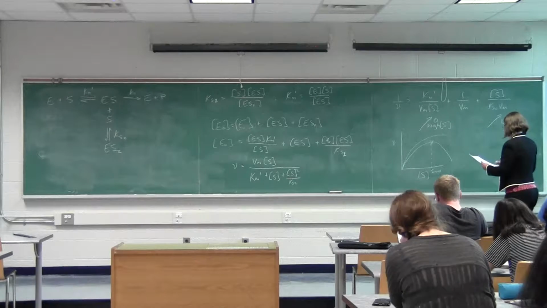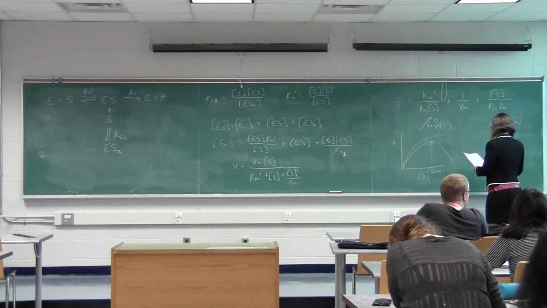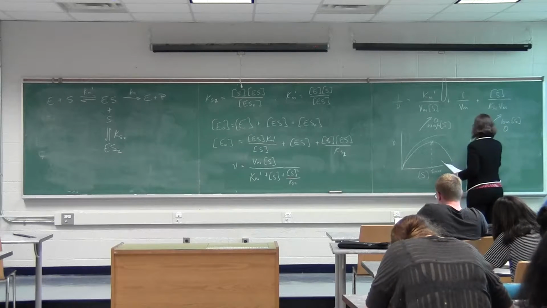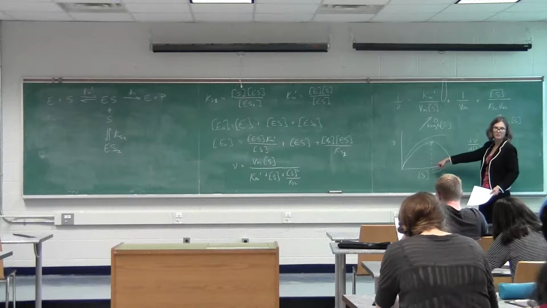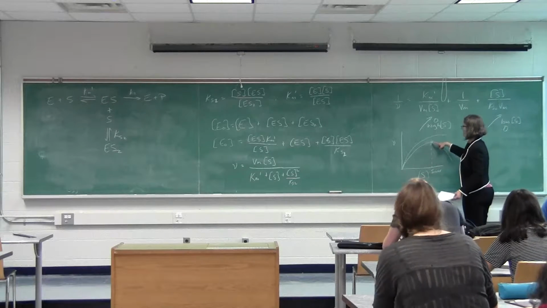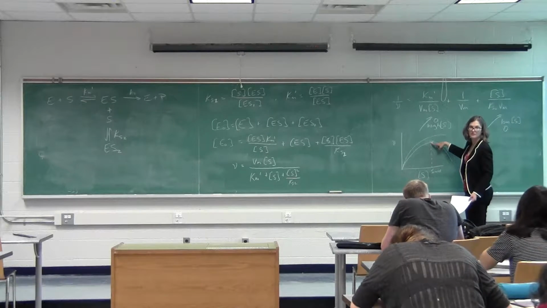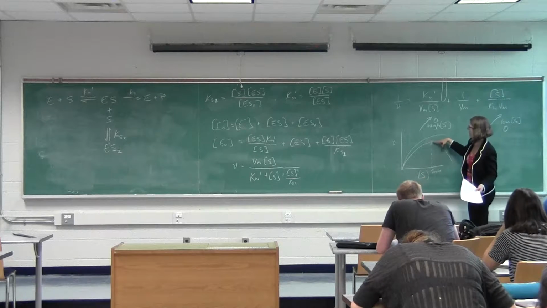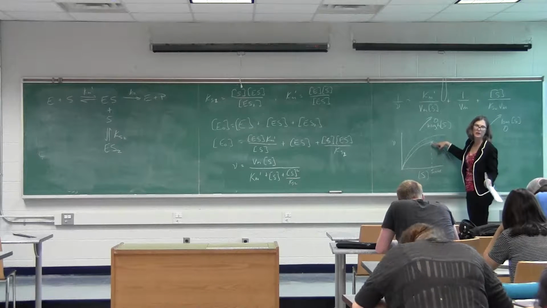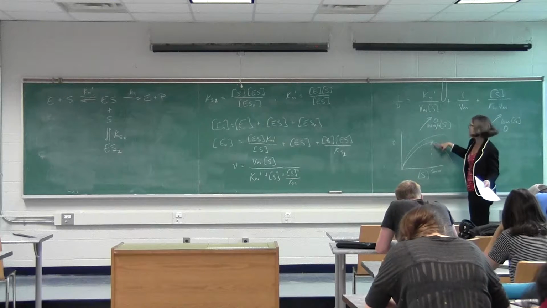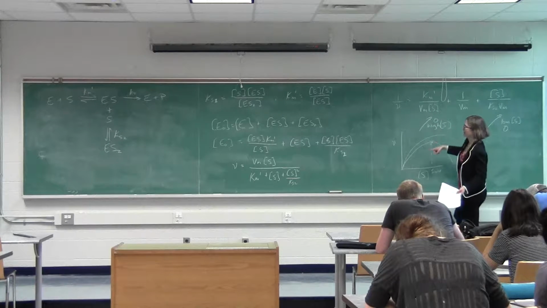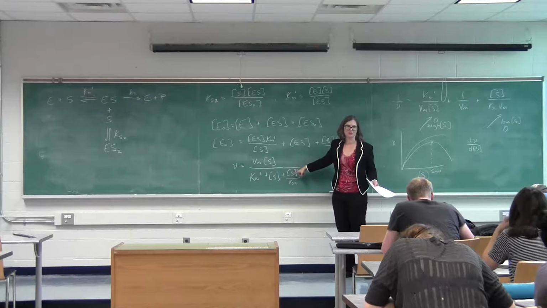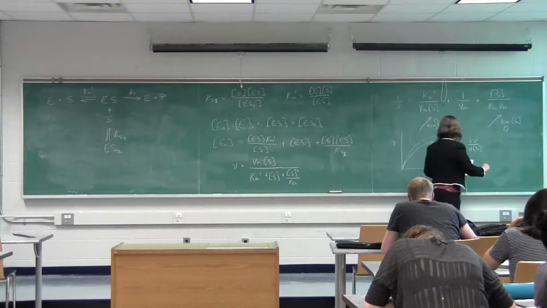Yep, so, well, the derivative dv by ds, because it's not time, right? So the derivative of that with respect to s is 0. So that's usually how you figure out a maximum. You look at the rate, and as soon as the rate flatlines, that's your maximum or minimum. Right, so you can actually go and look at this equation and do the math, which I'm not going to make you do. And what you end up coming up with is